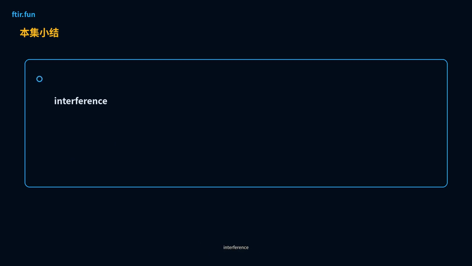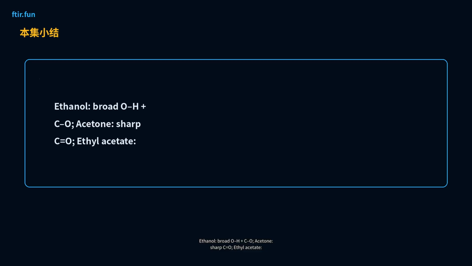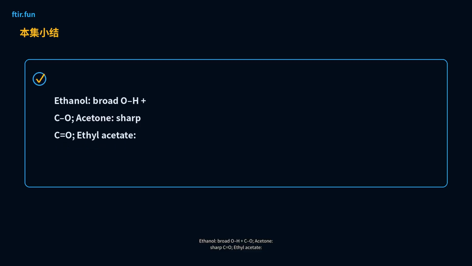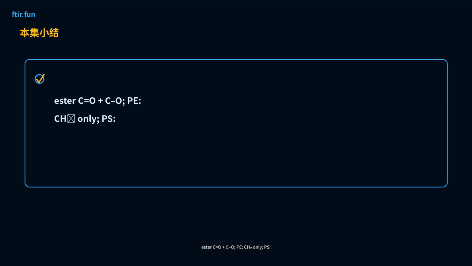Water peak interference. Short cases. Ethanol: broad OH. Acetone: sharp C=O. Ethyl acetate: ester C=O plus C-O. Toluene: only alkyl C-H, aromatic peaks plus monosubstituted pattern. Aniline: